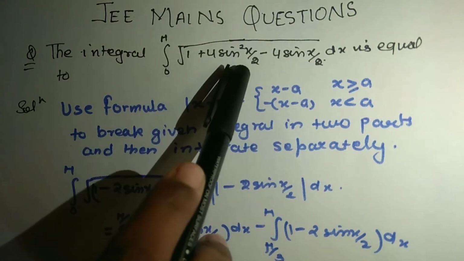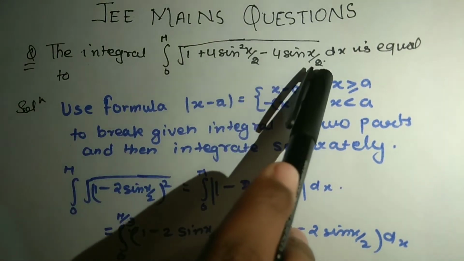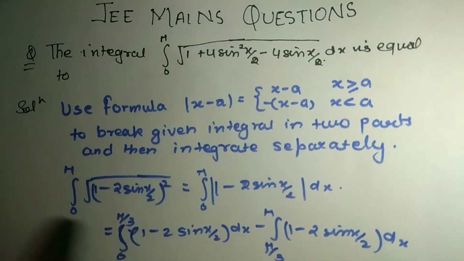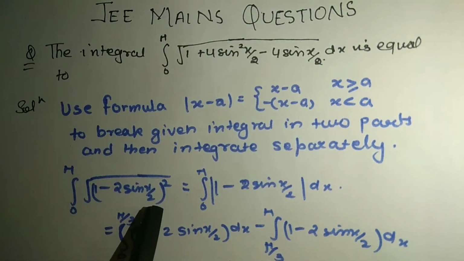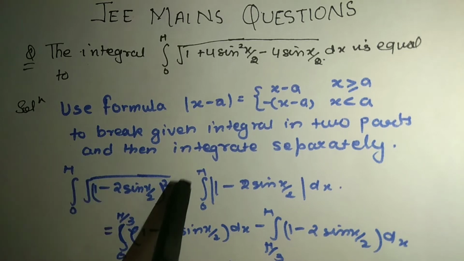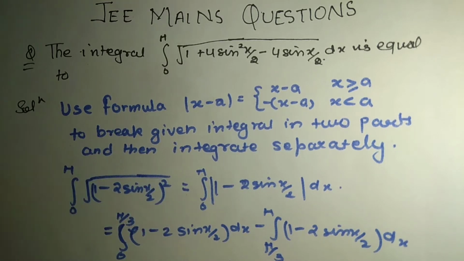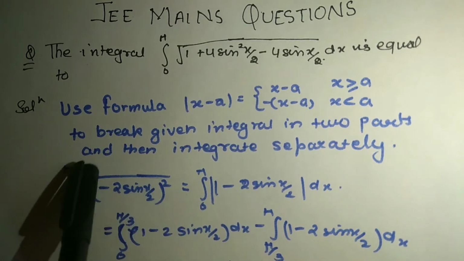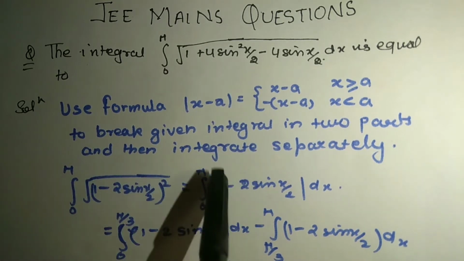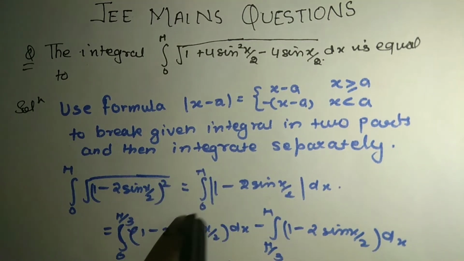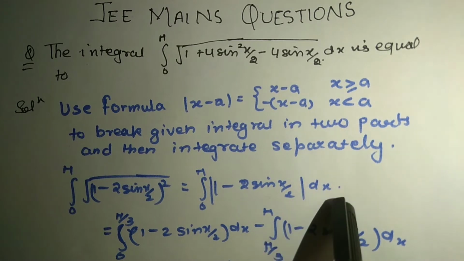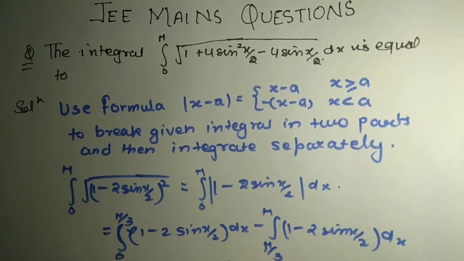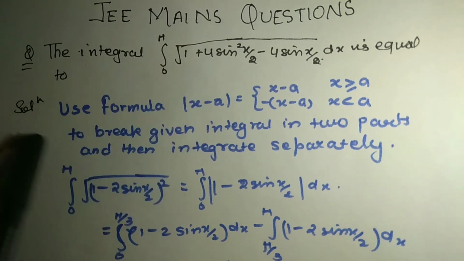This 1 plus 4 sine square x by 2 minus 4 sine x by 2, we can write like this: under root, 1 minus 2 sine x by 2, whole square. And the integral from 0 to pi, when root and square get cancelled, there will be the mod, and the integration from 0 to pi of the mod of 1 minus 2 sine x by 2 dx will be equal to, as I had already told you, we will use the formula